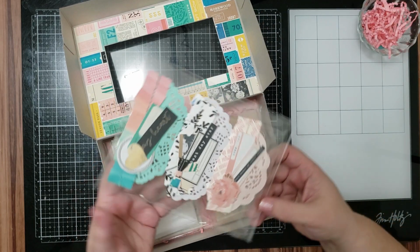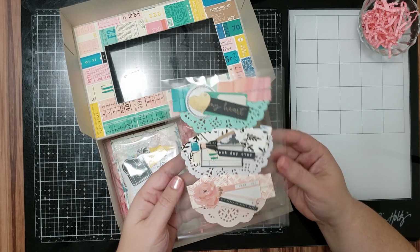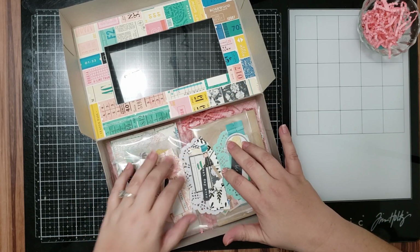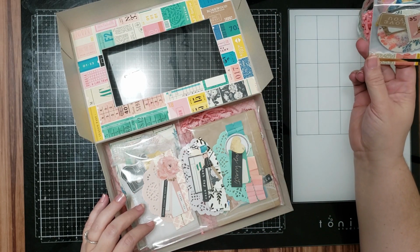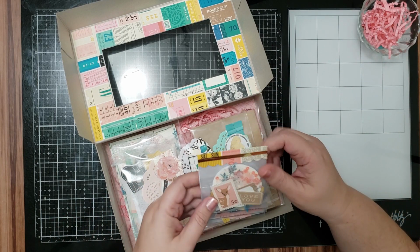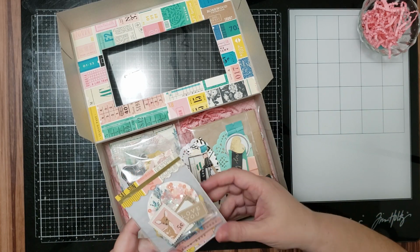Then here I made some bag toppers or just some embellishments, whatever they wanted to do with them. Also, when I made this kit, I used, what did I use? I think I used, I can't recall now. It's a Maggie Holmes kit. I downloaded it and I printed it so I could use as much as I wanted to and not have to worry about